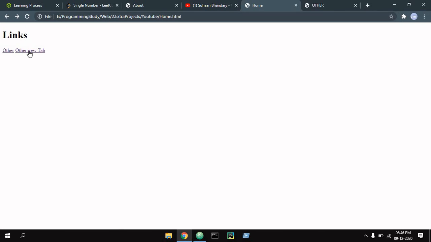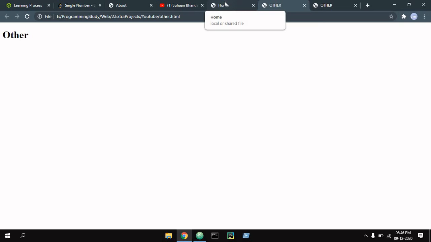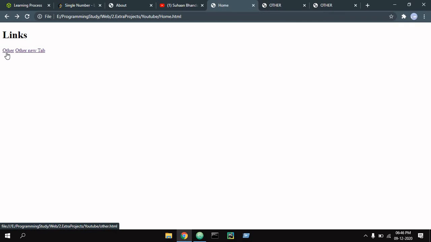But when we add the open-in-new-tab feature, it will automatically redirect to a new tab, which makes the user feel comfortable and use our website more. It's a small improvement to make a website good and user friendly.